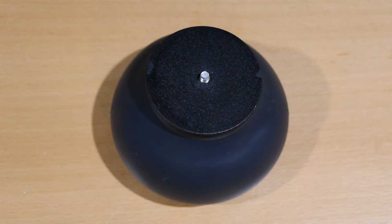the FlexShot. Then, after you do that, you can get the shifting center of gravity technology within the FlexShot to give you basically any shot you desire. You can get this to be completely horizontal, you can get it to be vertical, you can get it diagonal, you can get basically any degree you want. You can achieve that because the FlexShot has this technology within it that allows you to mold it, shape it, bend it, twist it, tweak it, whatever you want to do, you can achieve it. You can have this thing hanging over a ledge with a camera and it will keep the camera steady, get